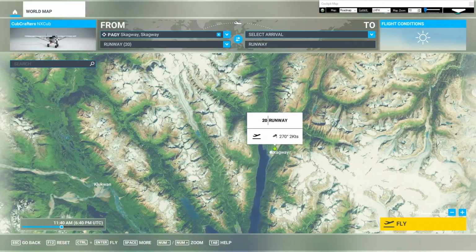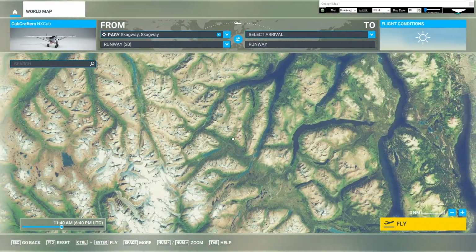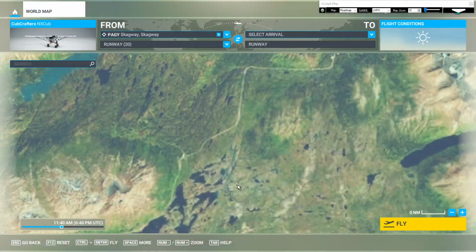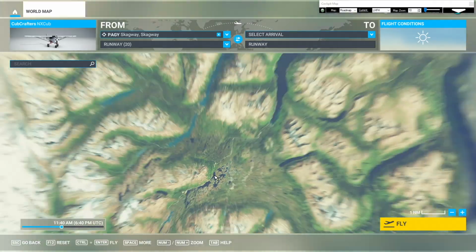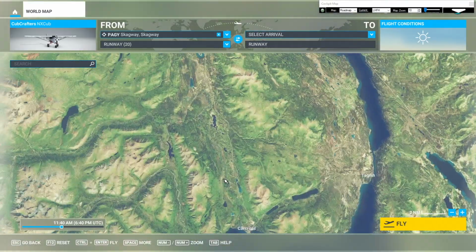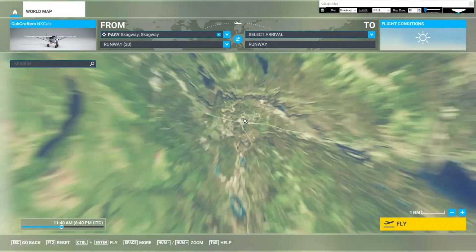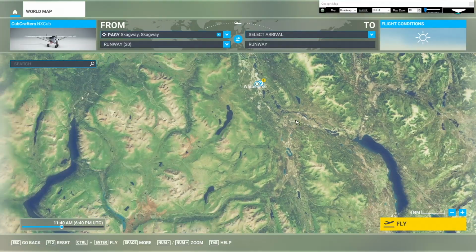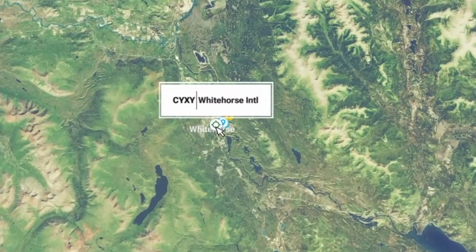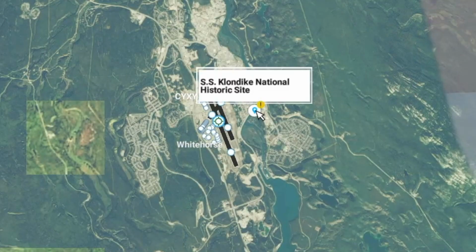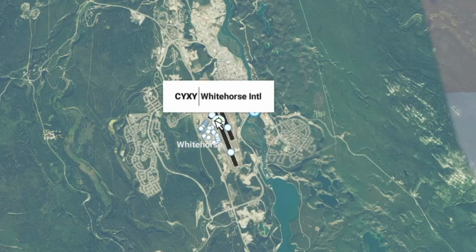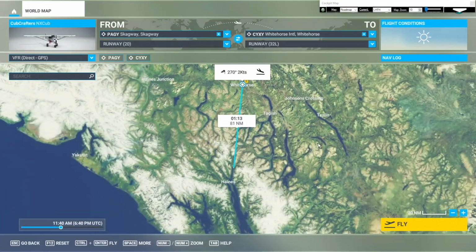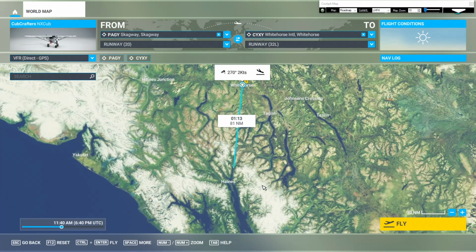And then the whole show was about how they had to get to the Yukon Delta, and I guess Whitehorse was where they had to get to. They ended up building a railroad to Whitehorse, which happens to be right here, and has an airfield, and has a point of interest. So we'll set that as our arrival. Oh, that's real reasonable. So that's an hour and 13-minute flight as the crow flies,